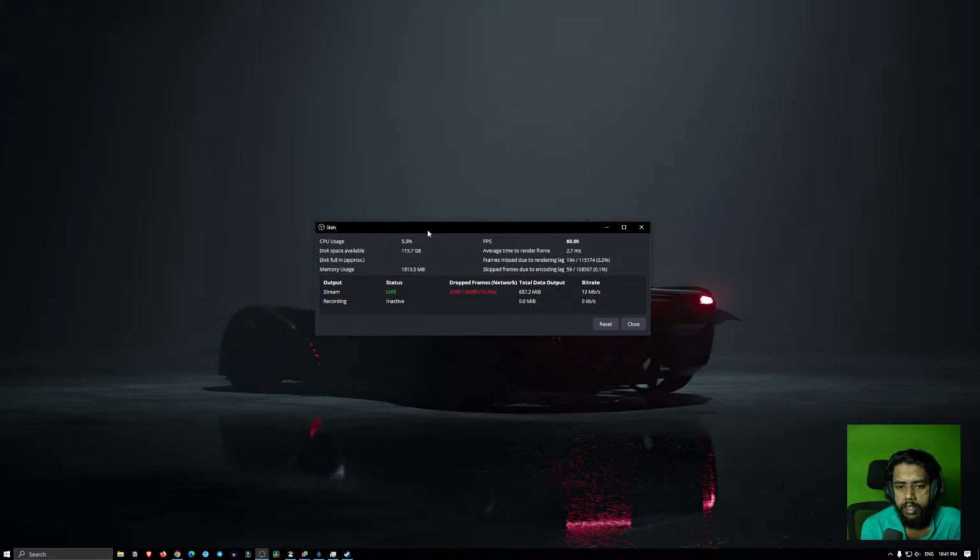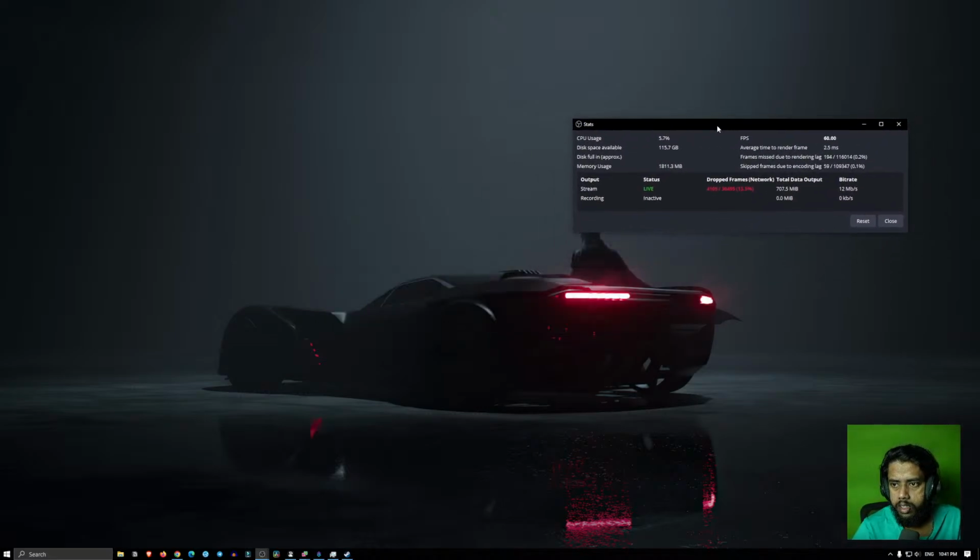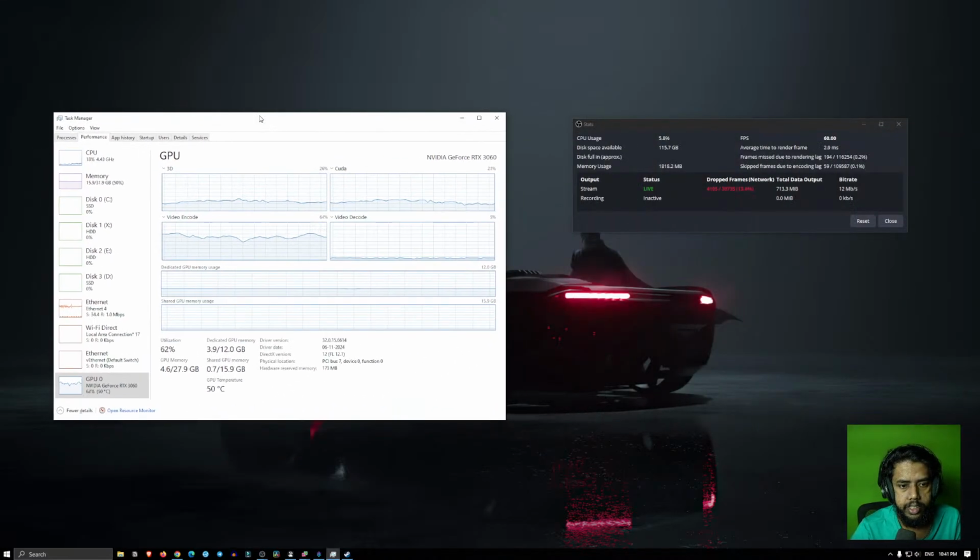Maybe that will help the GPU ease up a little bit. The GPU usage is still very low, but it's just a test to see if that changes anything.